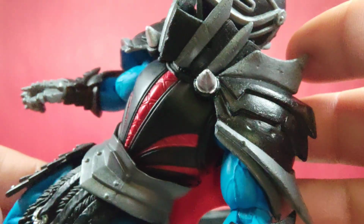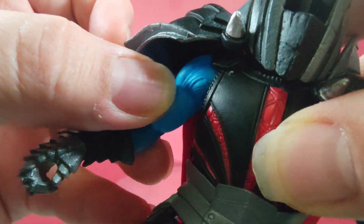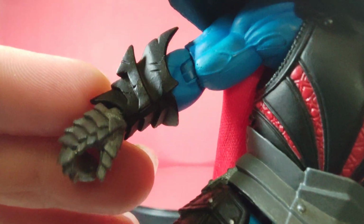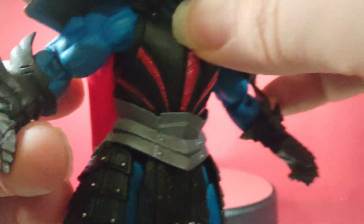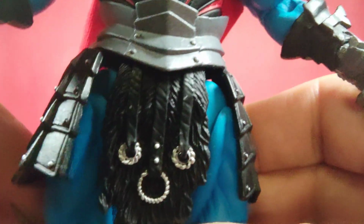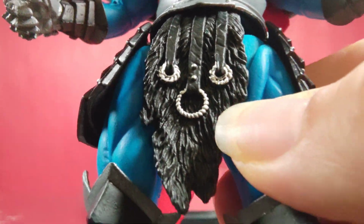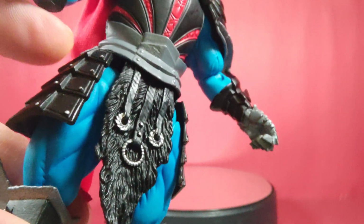The spikes, again, like I said, in that silver, the details in the blue, as you can see in the arm. You can see the veins, the gauntlet on his forearms with the spikes coming out of it, all in that matte black with the gloves. What would be his belt in gray. The actual piece here next to the dressing and the skirt on the side are individual little chainmails with the silver on them. And then you see the little buckles hanging from strips, which looks like leather straps, with the piece here made out of a cloth, in black, or painted in black, all the way to the back,